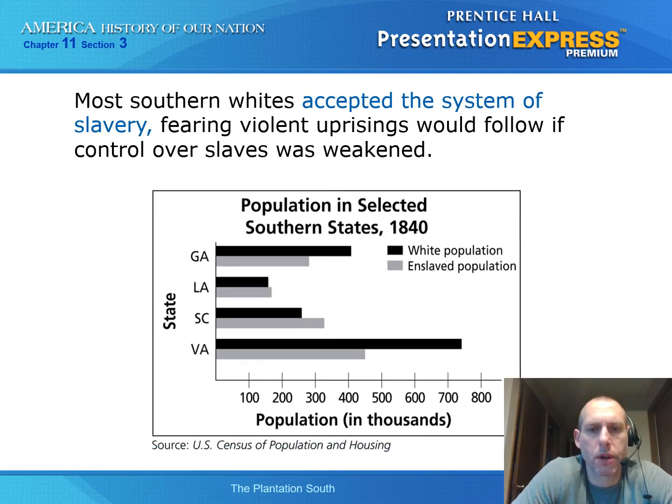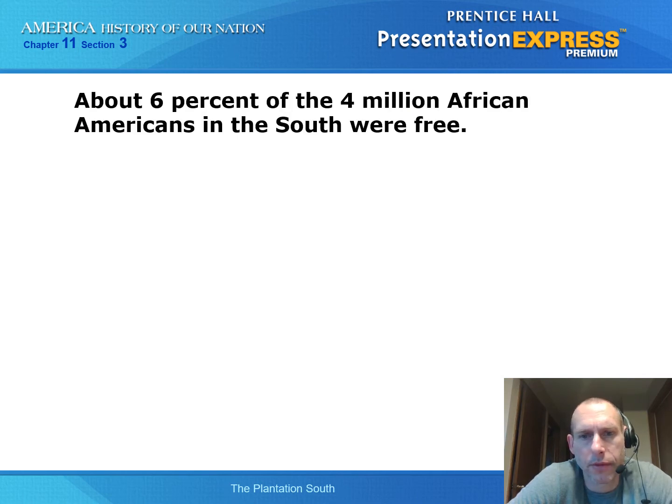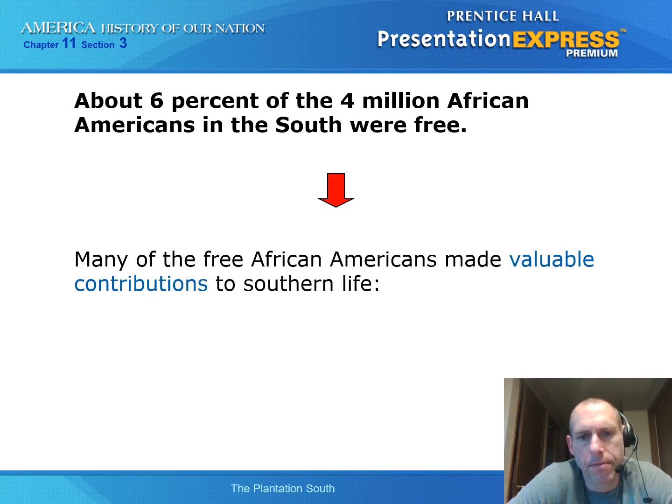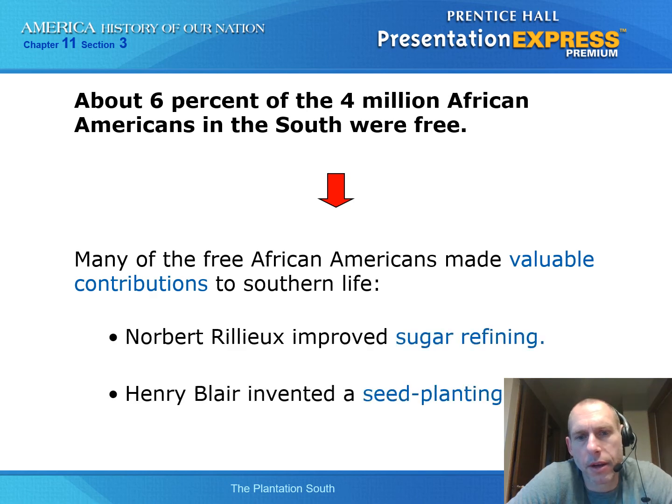This slide shows well the comparison of population between whites and African Americans, and this helps you understand why whites would have to have a lot of control and regulation over African Americans. With that many slaves, if there were revolts or uprisings, that could be a problem for their labor force. About 6% of African Americans in the South were free. That isn't many. And our book tells us about a couple of people who made contributions that were important: sugar refining and seed planting inventions,